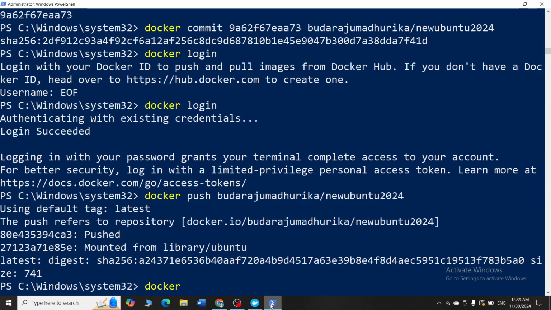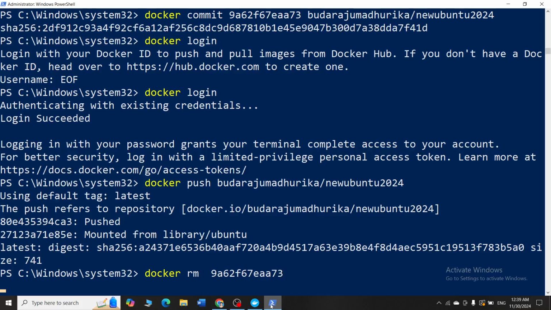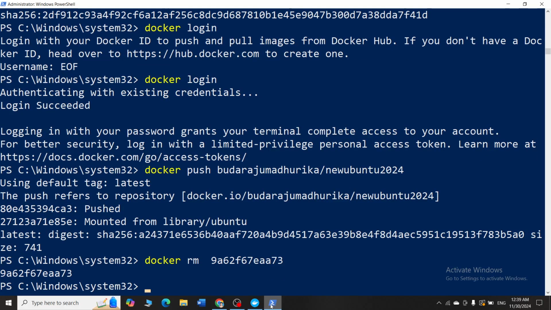So say docker rm, paste the container ID, container is deleted. Docker rm Budharaju Madhurika / new Ubuntu 2024.